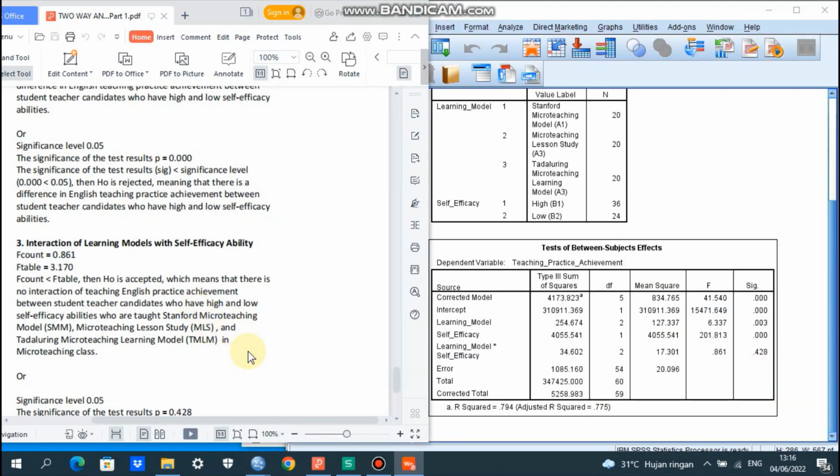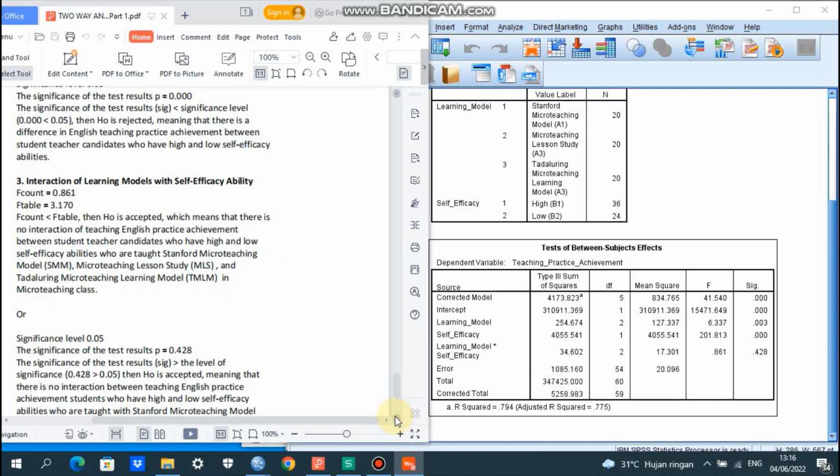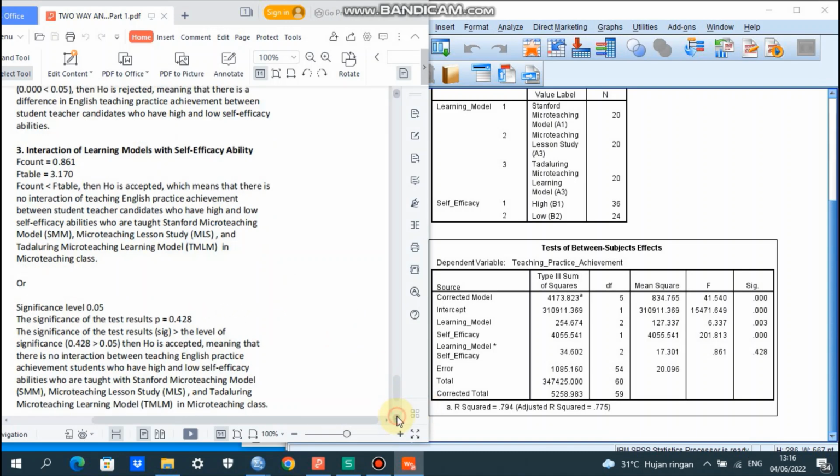So it means there is no interaction in teaching English practice achievement between teacher students having high and low self-efficacy abilities who are taught Stanford Micro Teaching Model, Micro Teaching Lesson Study, and Tadaluring Micro Teaching Learning Model in micro teaching class.